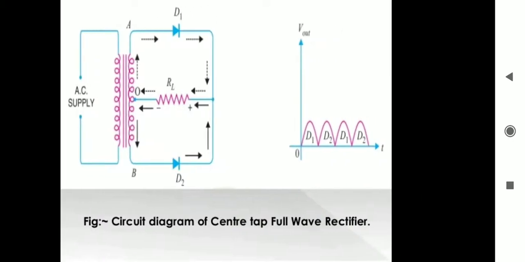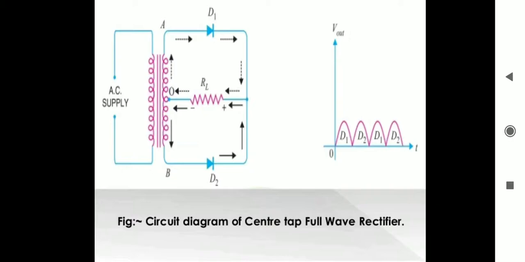As shown in the waveform, the input voltage, the current flowing through the load, and the output voltage developed across the load are shown in front of your figure. In the figure, at the input side there are D1 and D2, again D1 and D2, and at the output the voltage waveform. At the input side there is a sinusoidal waveform, right?